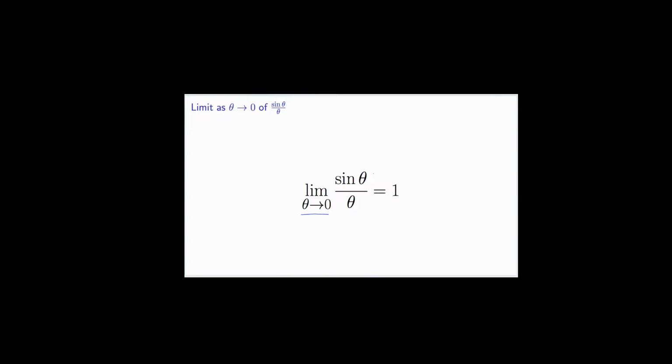In this lesson, we'll continue working on problems involving the fact that the limit as theta goes to 0 of sine theta over theta is equal to 1. Our next problem is the limit as t goes to 0 of the tangent of 4t over the sine of